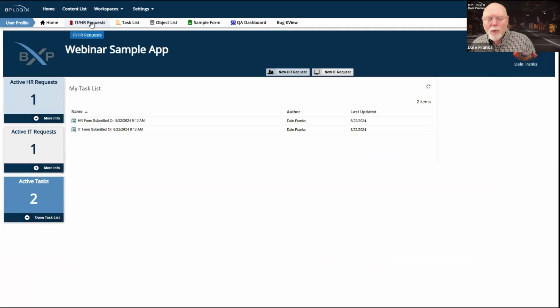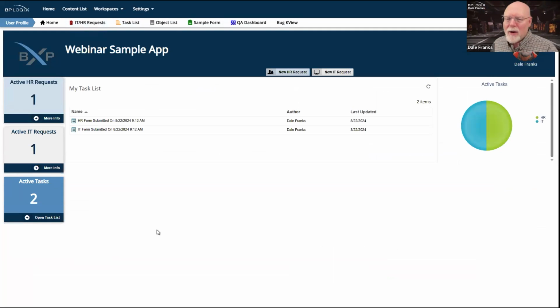And when I click it, look what it does. Now I'm in the user profile workspace. Okay, this is cool because now I have a single workspace that is my generic workspace that gives me access to all of this stuff.